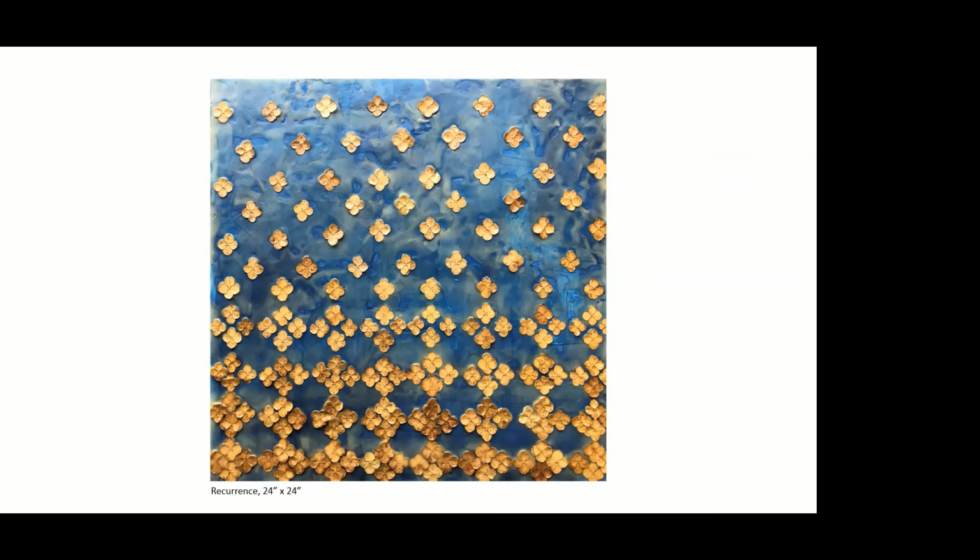I kind of saw a visual connection with almost like tile motifs and patterns with this one, and I just decided to really play that up. Working on these two, the process of actually assembling them, it's kind of freeing, because I work on these images at the same time as I work on my paintings with the feathers and the patterns. It's kind of a nice break, because these ones do have to be very well planned out. I have to have a pattern planned, and it's kind of nice just to